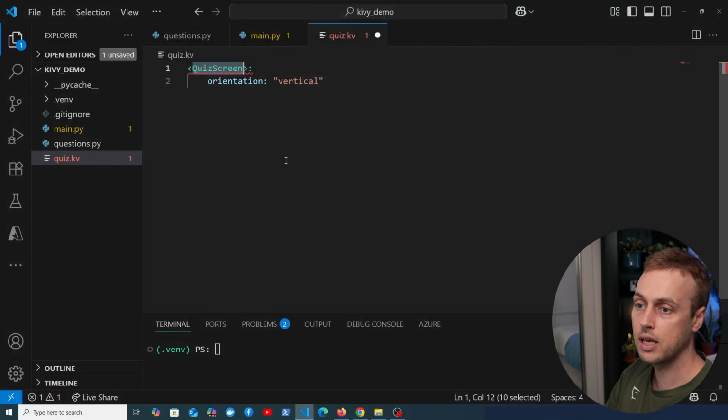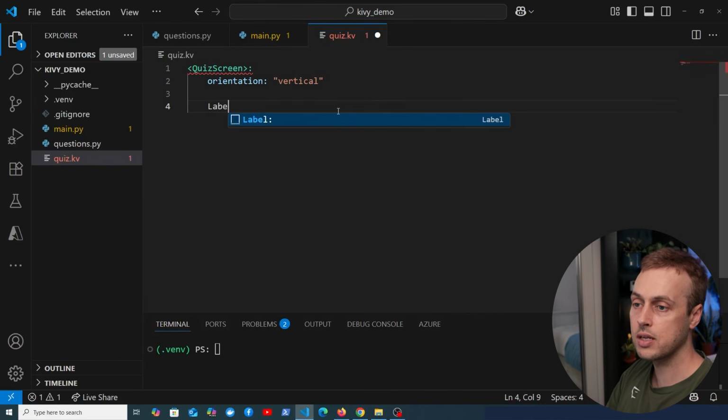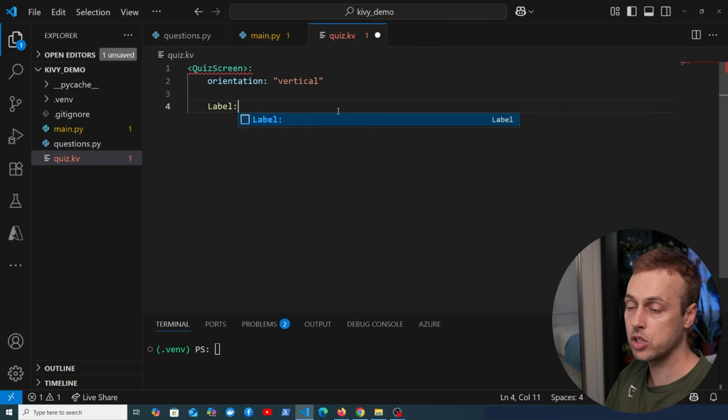Now let's go back to the kv file. What do we want to show on the quiz screen? At the top of the screen, I want to show a label, and that is going to display the actual text for the question. Let's give this an ID, which is something we can reference inside our application logic. We're going to give it an ID of question label, and we'll give it the actual text value for the label, and that's going to be equal to something called